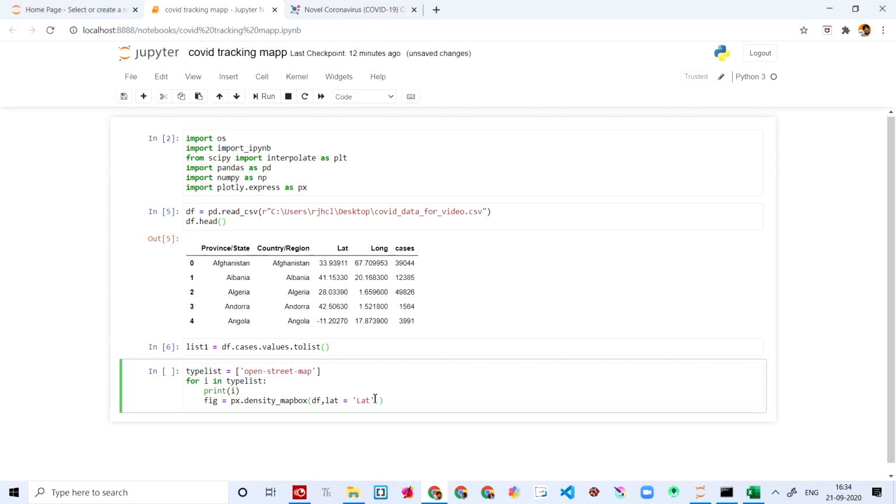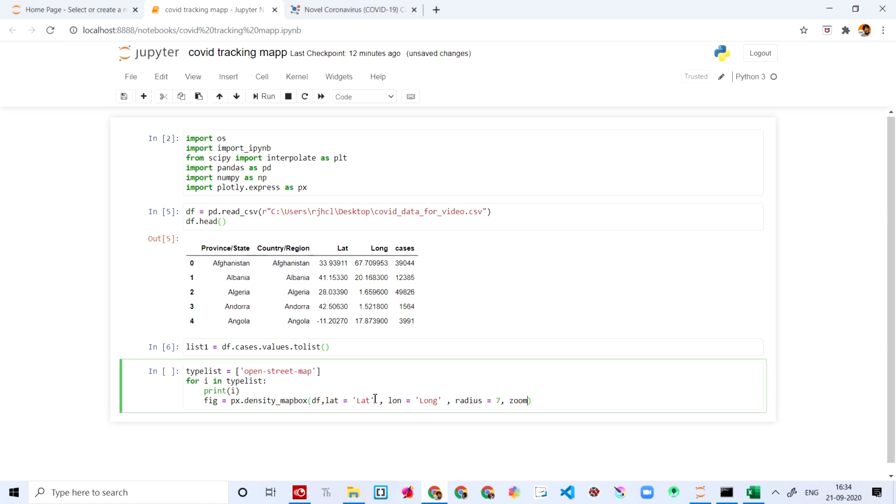And then you say longitude is equal to long, and you put another comma and say radius is equal to 7. I'm just setting the radius to 7. You can set it to whatever you want, like how big you want the circle's radius.